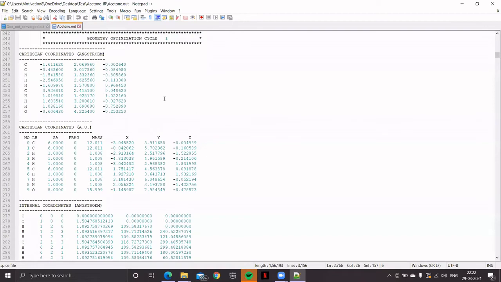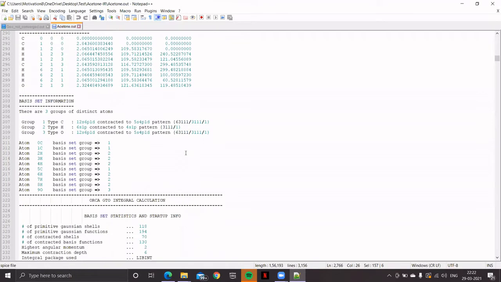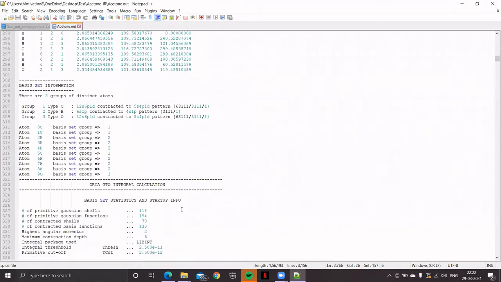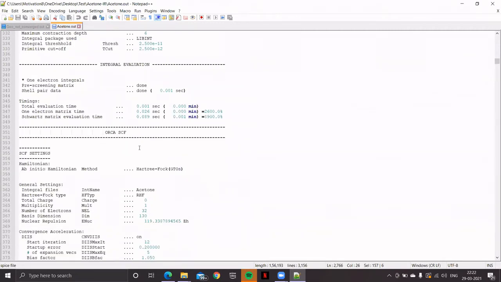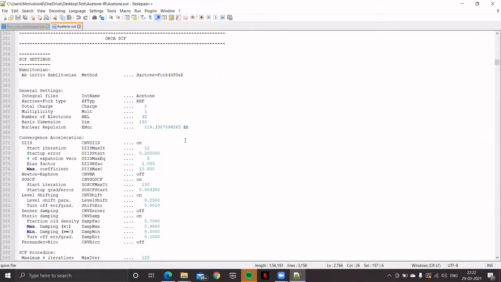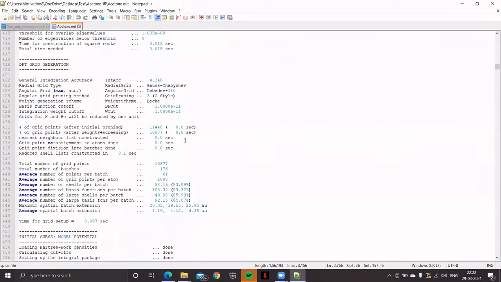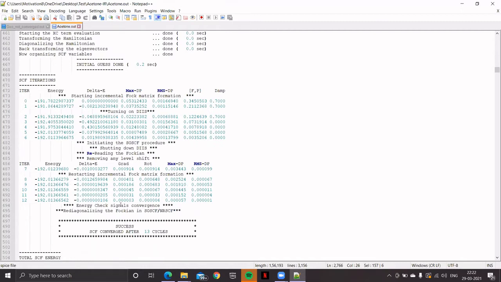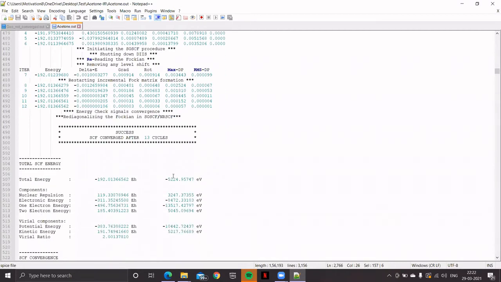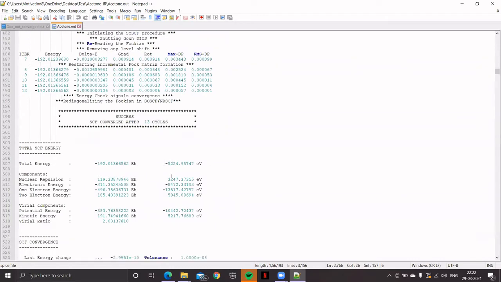So in case of geometry optimization calculation, for a given geometry and with a given set of basis functions, the software first creates a trial wave function and then applies a self-consistent field approach to improve the trial wave function so that it has the minimum possible energy for that particular given geometry. And once they have the converged wave function, then they compute the total energy. With the total energy, then they take the gradient of this energy.